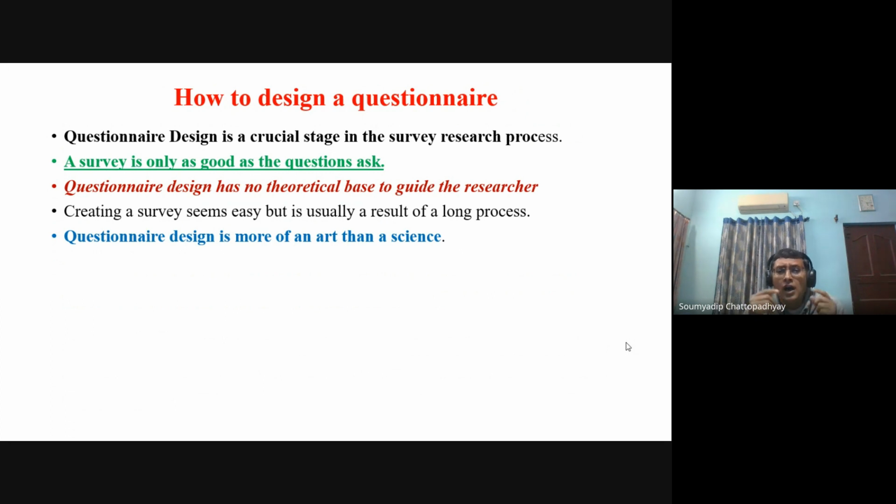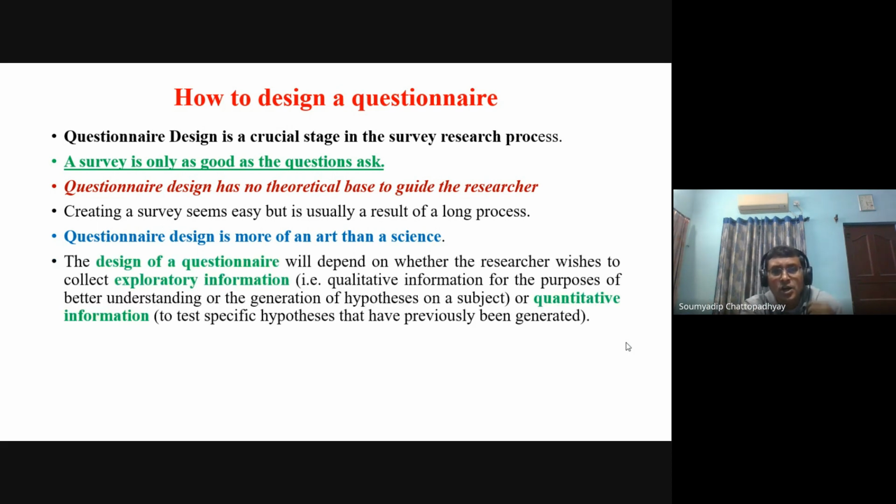As I mentioned, unfortunately, in the context of questionnaire designing, we do not have any kind of theoretical base which we as researchers can follow. Creating a survey seems easy, but is usually the result of long processes, and definitely there are certain guidelines which I'll be mentioning in some of my slides later on. But for the time being, we can take note of the fact that questionnaire designing is more of an